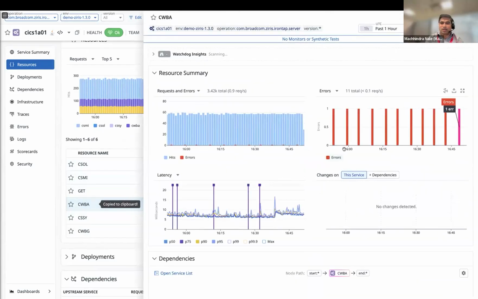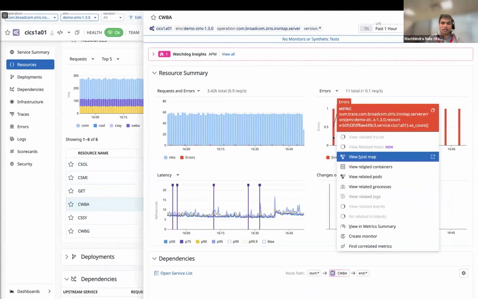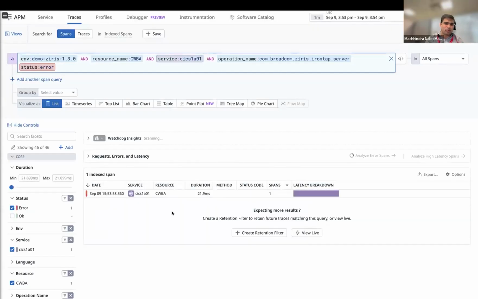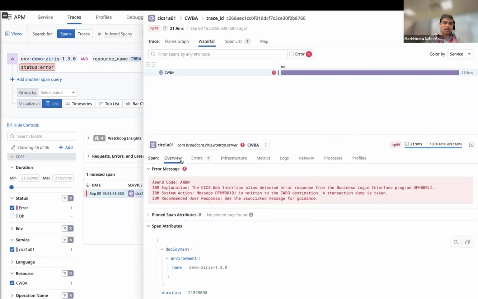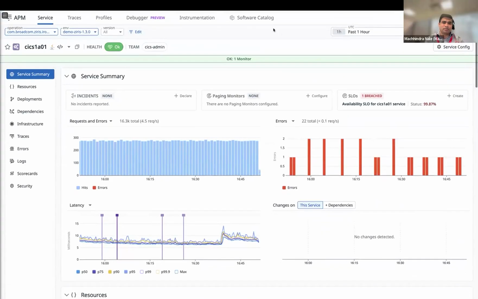So in this particular CICS transaction, it looks like some of them are not working well. So I can drill down further and take a look at the traces. And that opens up a new view, and this tells me why this particular transaction did not work well and what the error was. Okay, so I'm going to go back here to the service level.